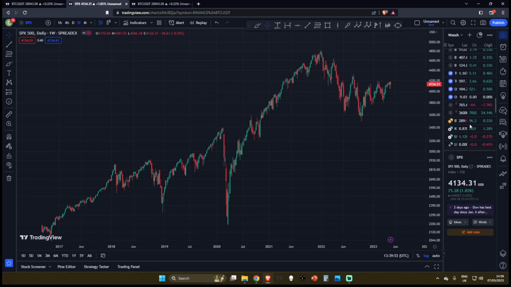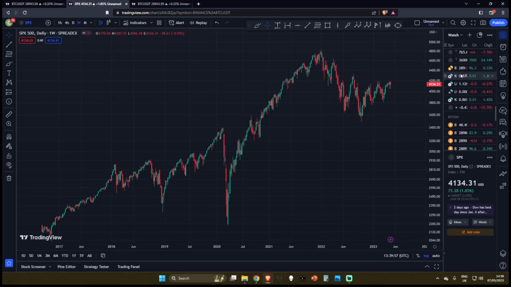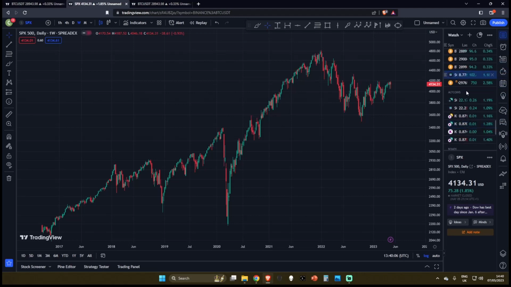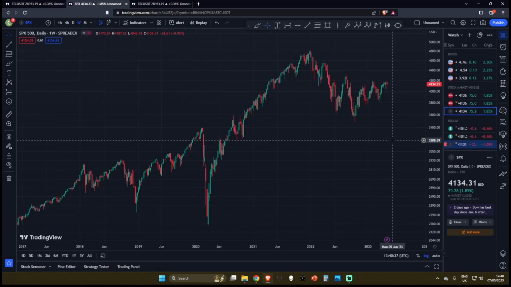And do bear in mind, if you're scrolling through your TradingView and organizing this, you might be like, hey, I've got a couple of other altcoin pairs. Just simply grab these with the left click, scroll down, and drag them into these individual boxes, and you can drag them in or out of these different categories if you wish. So that's basically the main takeaway from this video, and that is all you can do if you have a